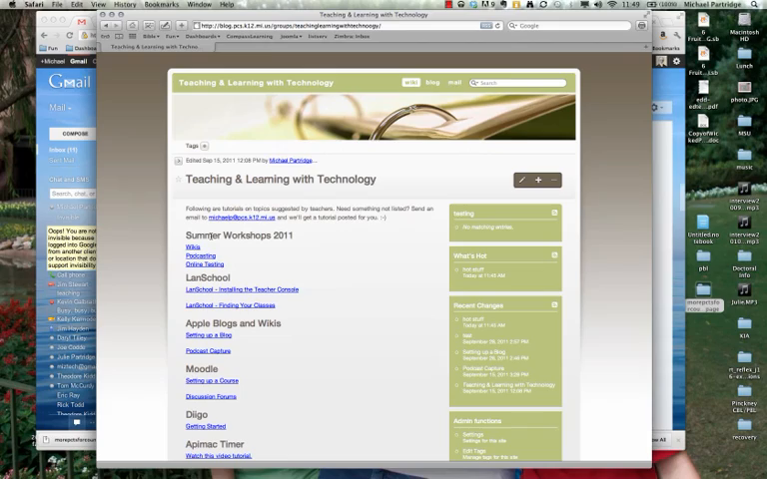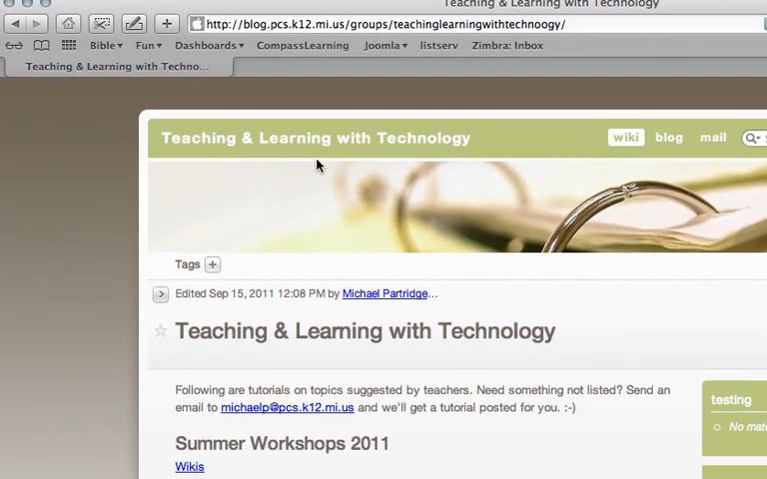Permissions in your wiki and your blog. So the first thing I need you to do is go ahead and go to your wiki, because that's where I'm going to start, with wikis, and then I'll talk about blogs in just a moment. But I'm going to go to my wiki by going to